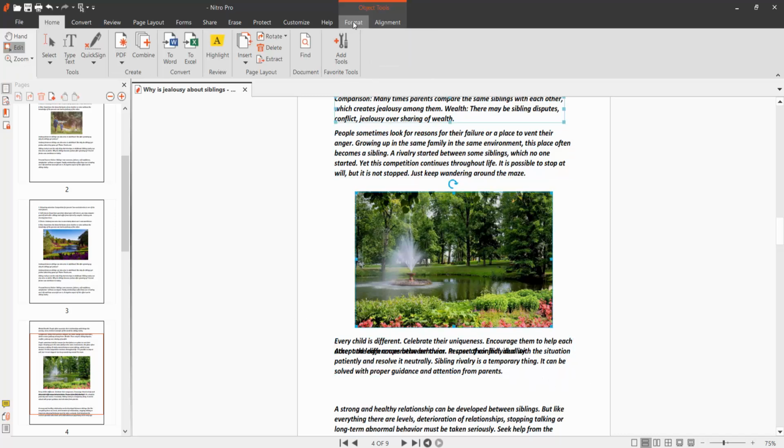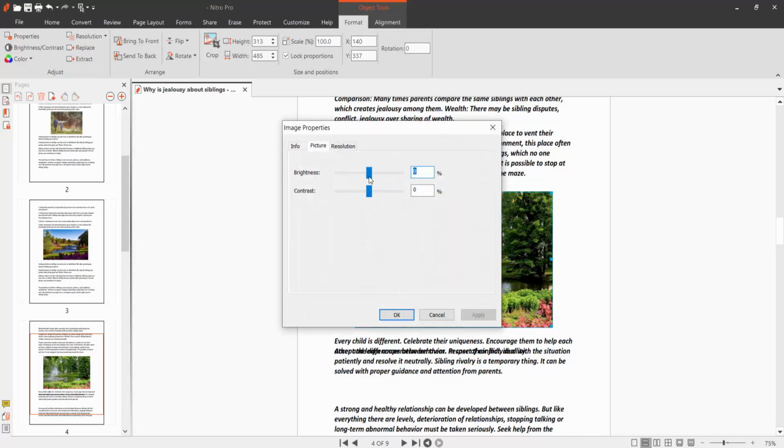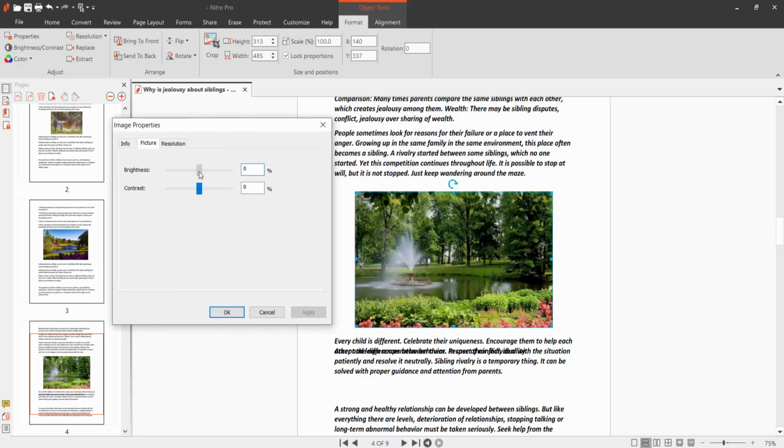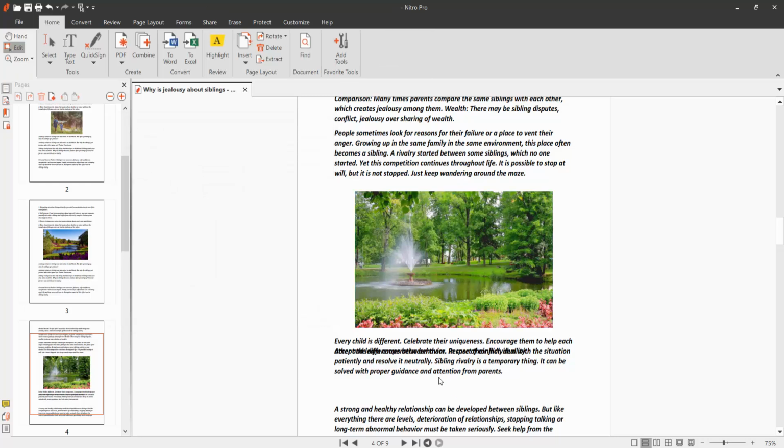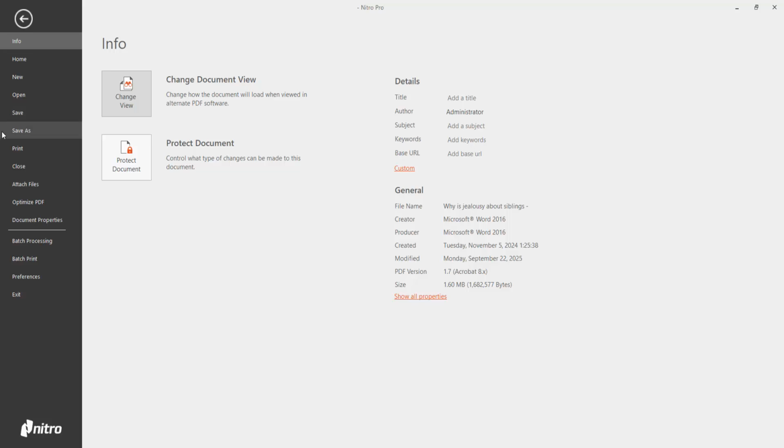Again you can change it, you can increase brightness and contrast, and this is brightness. Now select apply. In this way you can change image brightness and contrast, and finally select this File option, Save or Save As